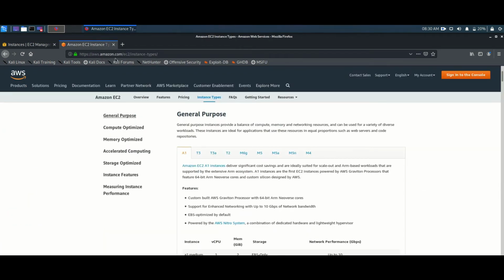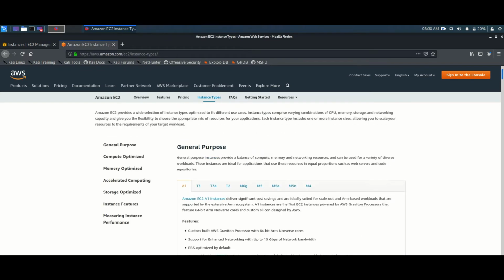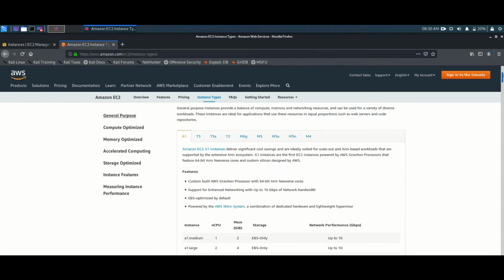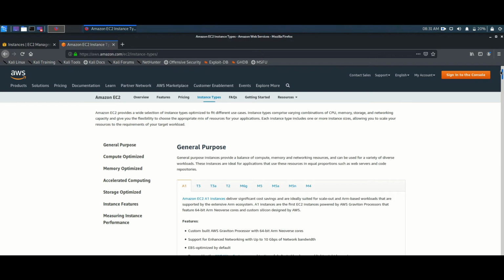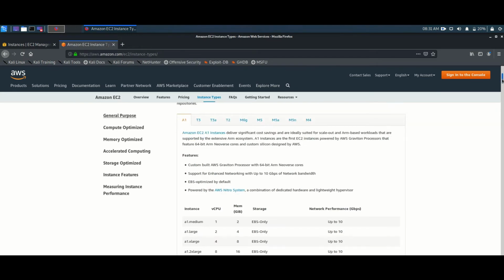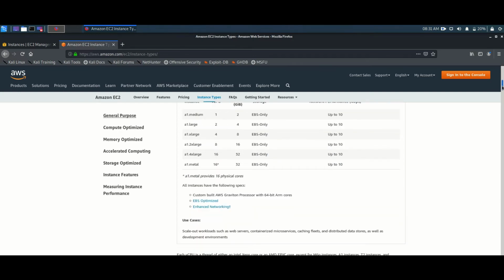So you can see aws.amazon.com/ec2/instance type. Once you have entered into the website, you will be having lots of options over here. For the general purpose, if your business is general purpose, your CPU utilization and memory utilization and RAM and this hard disk, like what is the space you are using, is at a moderate level for general purpose type of instance. Then you can choose this type of instance. It starts from A1, A3, T3, T2 and M6. There are a lot more options over there. As per your requirement it will be selected. It's a general purpose one. So you can see here we have a lot of options over here in the down.